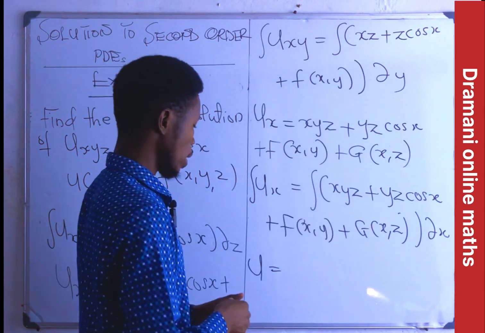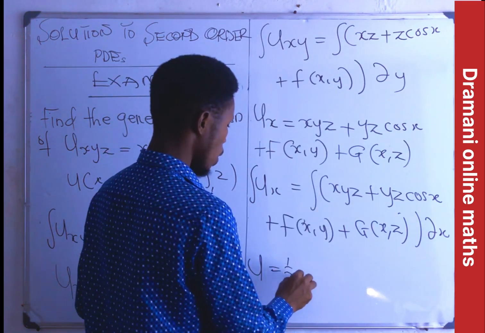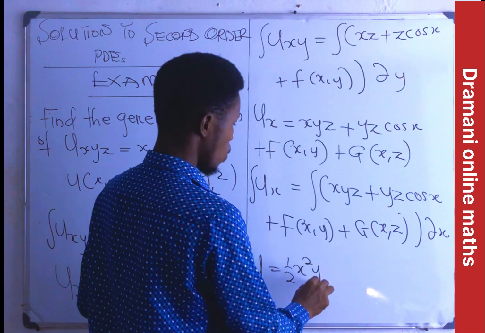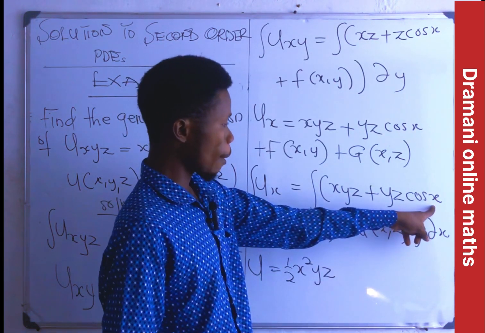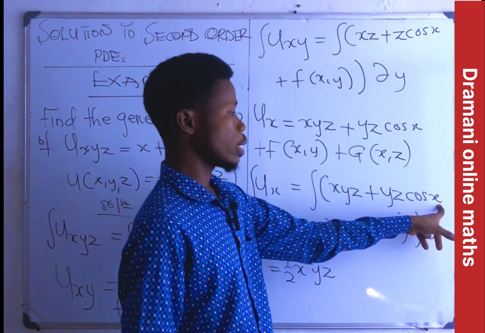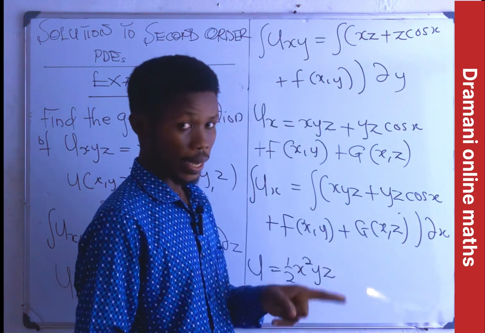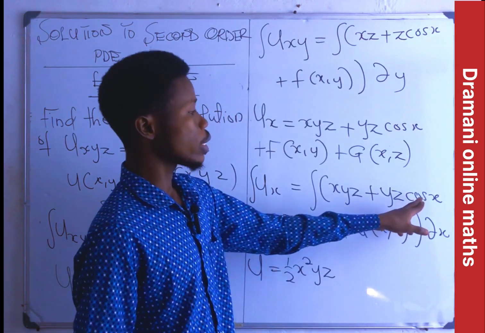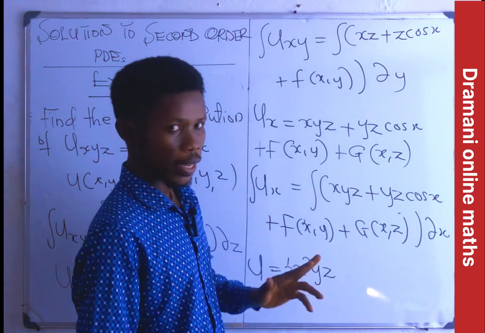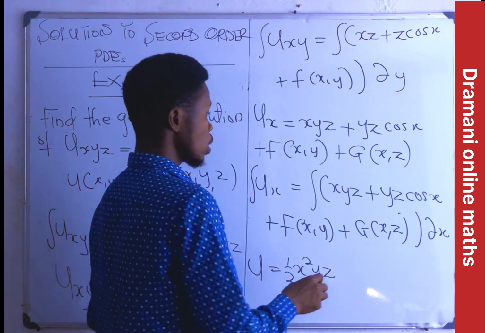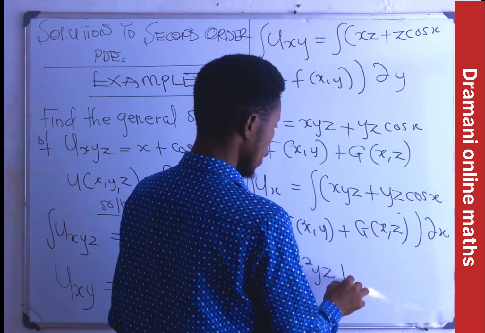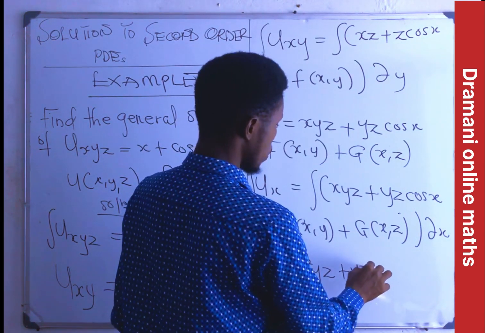If I integrate x, I'll get what? Half x squared, right? Then my y, z comes. Now when I come here, there's x here. If you integrate cos x, you get what? Sine x. If you differentiate cos x, you get negative sine x. But if you integrate cos x, you get positive sine x. Take note of that. So here gives us plus y, z